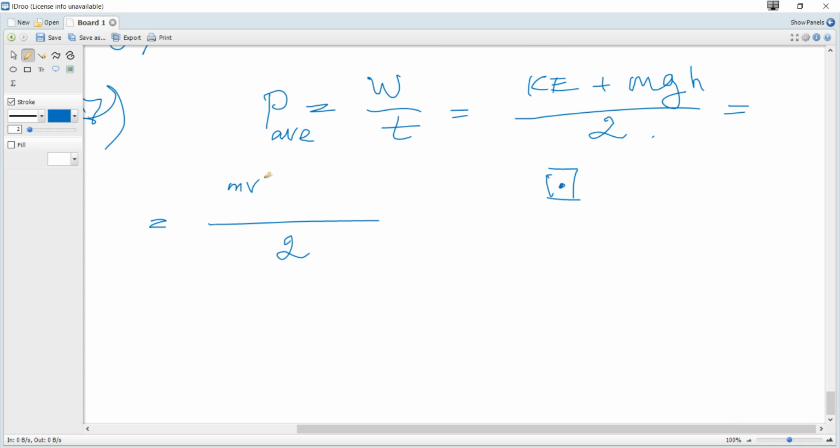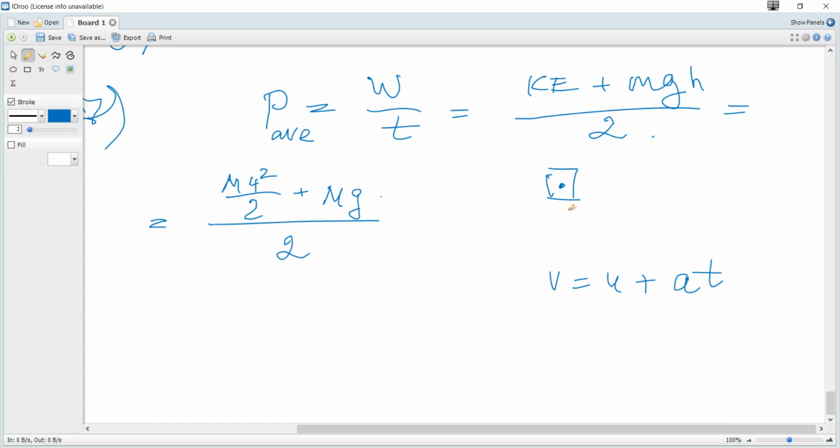Kinetic energy is mv squared over 2, where m is capital M here, v is 4 here, over 2, plus mg. What about height? We know what v final is: u plus